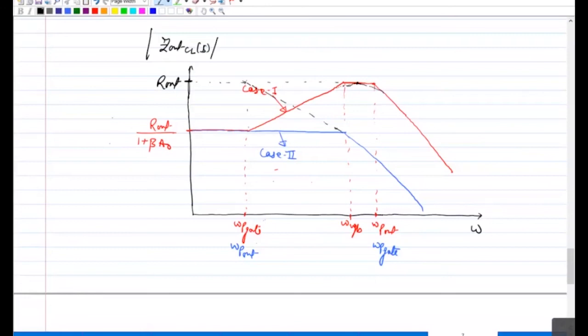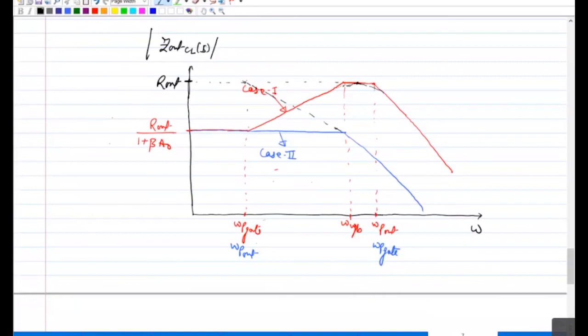But when you move to higher frequency, then you are looking at the load transient response. So for the load transient, high frequency impedance matters. Which means at high frequency, if your output impedance is high, it will degrade your load transient response. And this is clearly visible from here. You can see here, if you have a fast response, then around omega UGB your output impedance is as high as R out. So then you will have a large dip.